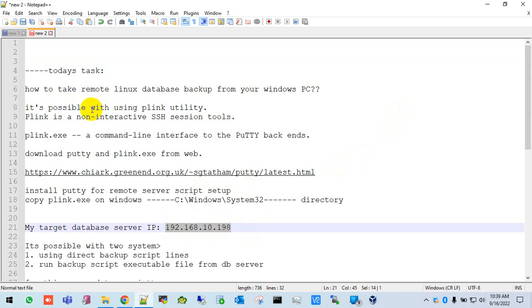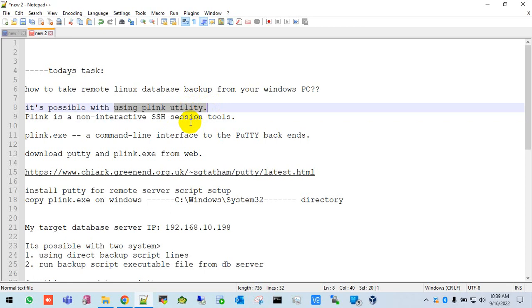So it's possible using the plink utility. You know that the plink utility is provided by PuTTY software. Plink is a non-interactive SSH session tool, and plink.exe is the command line interface to the PuTTY backends. Okay,